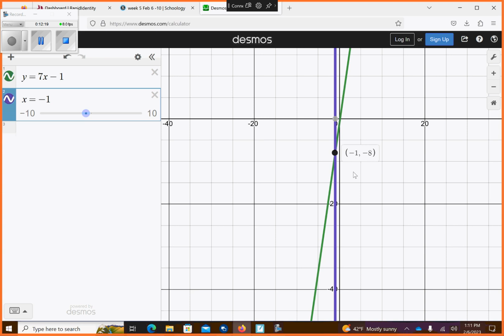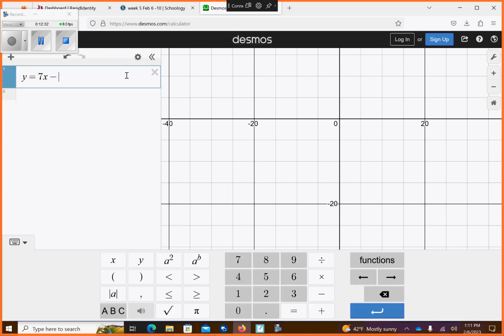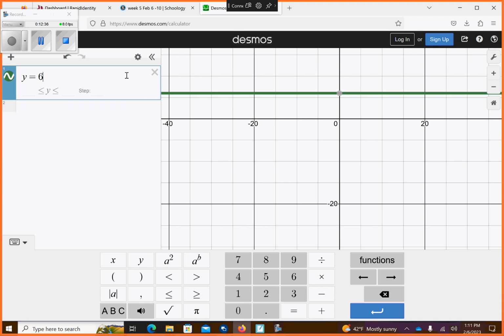And then letter C. I don't know if I can do Desmos on that one. Actually, you know what? I can. I can do Desmos on that one. All right. How I'm going to do Desmos on this last one is I'm going to plug the first equation in. y equals 6x squared